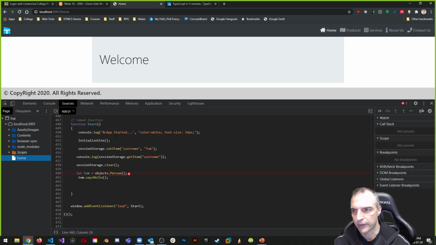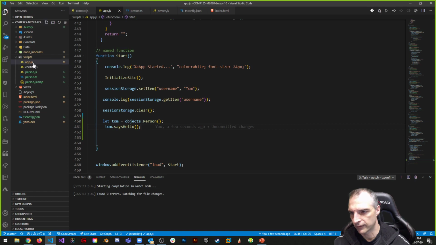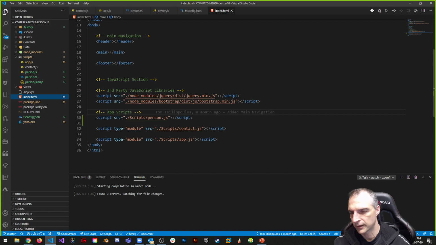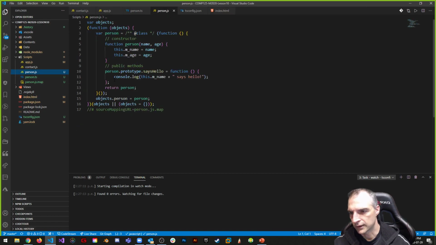I mean, remember that we're attaching a JS file. This is important. So first of all, let's check to see if everything has been saved. First thing, our index.html, yes, it has been. Here's our person.js, which is right here. You can see here that I'm actually exporting objects.person like normal. Okay, but,